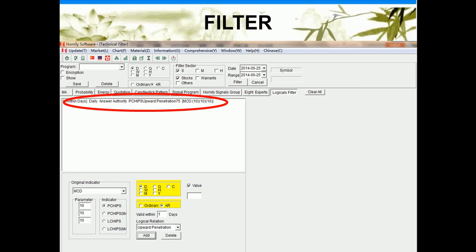If you filter so many stocks, right? Maybe you can add other conditions. Another condition is maybe profit chips up the penetration 75. But this one maybe you can add this condition, or you wait and see, because this one is for the stable. So let's see how to do that.